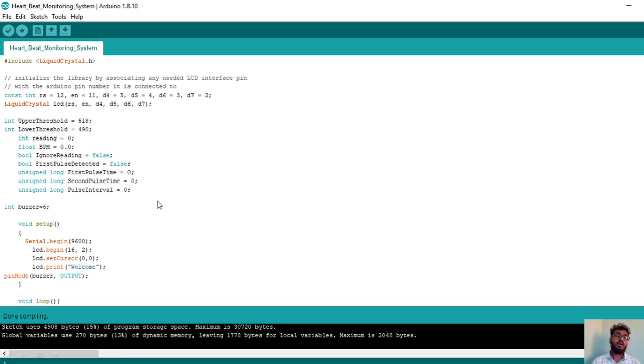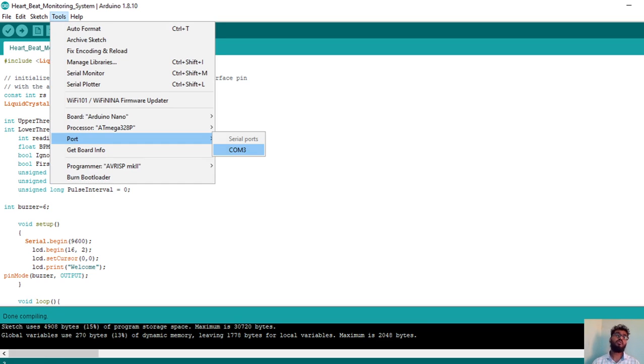After that, in order to upload the code to the microcontroller, next you have to connect the Arduino Nano to the system. So now I have connected the Arduino Nano to my system. In order to check that, you click on Tools again. Here you make sure that the board is Arduino Nano. Next, as you can see, I have connected my microcontroller to my system. The port is now showing, serial port COM3. So now it is showing that the Arduino Nano is connected. It need not be COM3 only, it can be COM2, COM1, anything. Whatever it shows when you click on Port, just select that one.